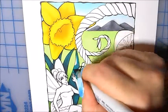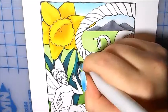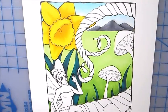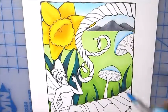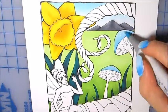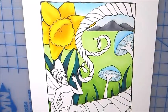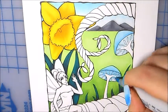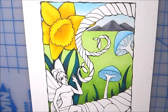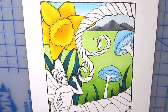And later on, by the mushrooms, on the blades of grass, and for the trunk of the root tree thing, I added the blue color from the mushrooms in them to make it look like they were glowing, and it turned out exactly how I wanted, and I was so happy. I am so addicted to drawing, coloring, painting glowing mushrooms. I don't know why. I am a huge fantasy art fan, so whenever I do actual fantasy art...